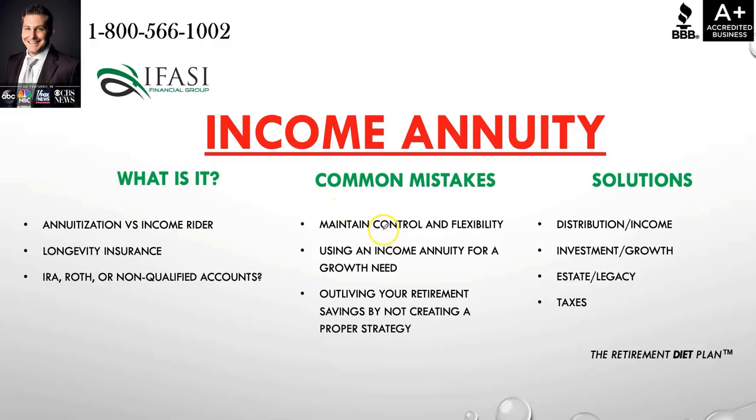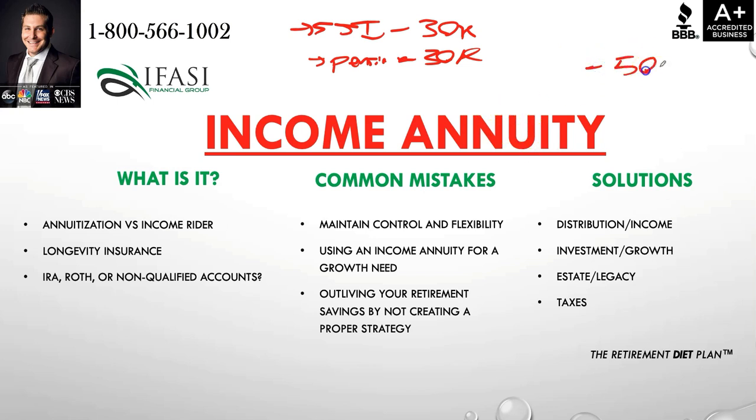An example of when it doesn't make any sense to use an income annuity would be, let's say, Social Security income is giving somebody $30,000 per year. Pension income is producing this person another $30,000 a year, and then after realizing what the individual's expenses are, maybe they only have $50,000 of expenses in retirement. Well, this retirement expense is going to be covered by the cash flow from the Social Security income and the pension income. So why would they put further dollars into an income annuity if they do not have to generate more income? Their cost of living and lifestyle is only going to result in $50,000 per year of income, and they're already covering that.